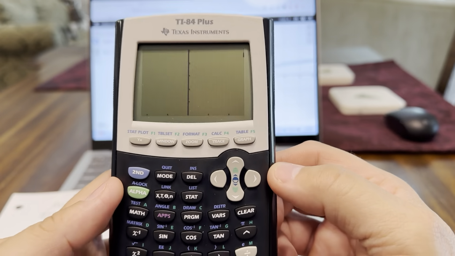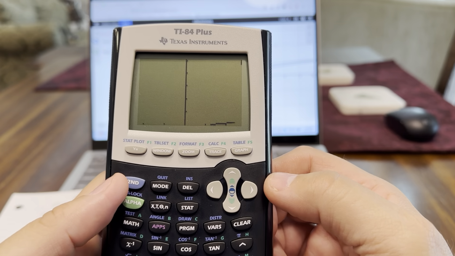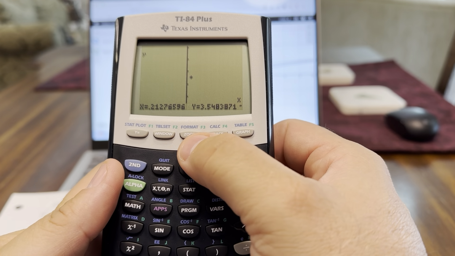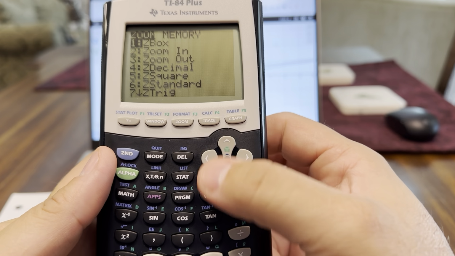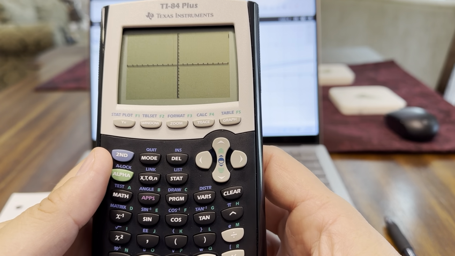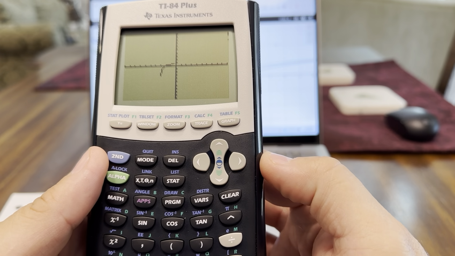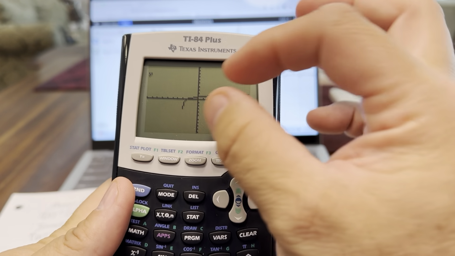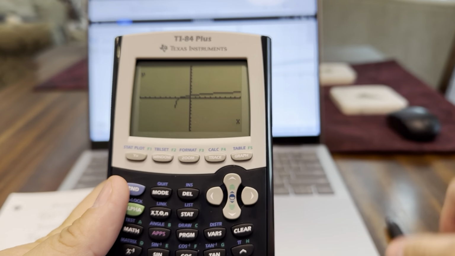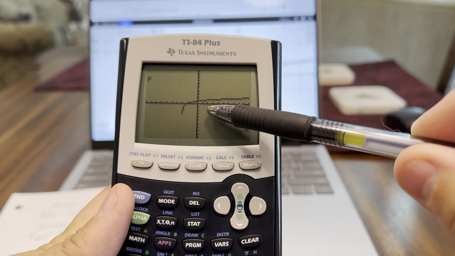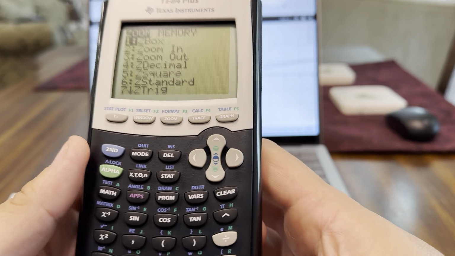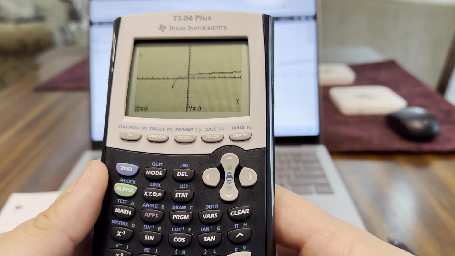It's going to redraw the graph, which takes a second. But then if you're not seeing anything, you're not squared up on your graph, you just hit zoom and then 6, which is your standard zoom, and it'll bring it back out where it needs to. If you need to, say you want to see something in this particular area here, you want to get real close and you want to trace this line, go to zoom, and it's already selected ZBox, you hit enter, and